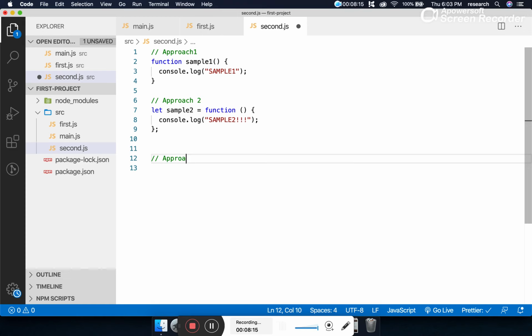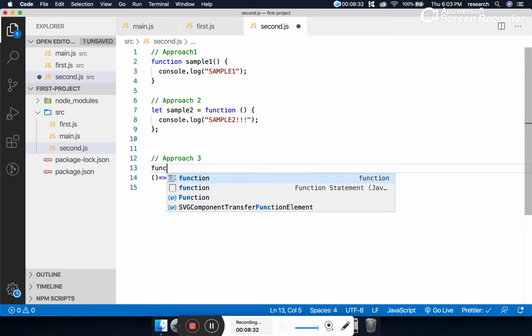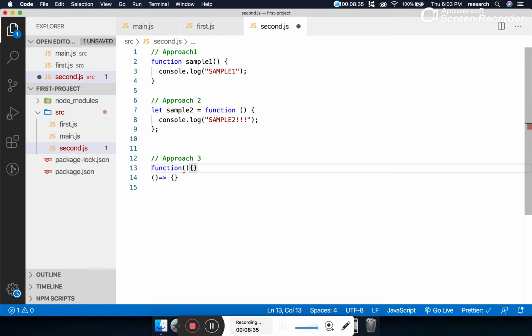And the approach 3. By the way, by writing this, we are writing comments. That one, approach 3, is also known as an arrow function. Arrow function has been declared like this. And if you want to know how this has been derived, this is equivalent to our function like this, but instead of the function keyword, the function keyword has been removed and the arrow has been added here. So in this way, you can remember it. But the arrow function has an added advantage on top of the anonymous function, which we'll see in our upcoming session.